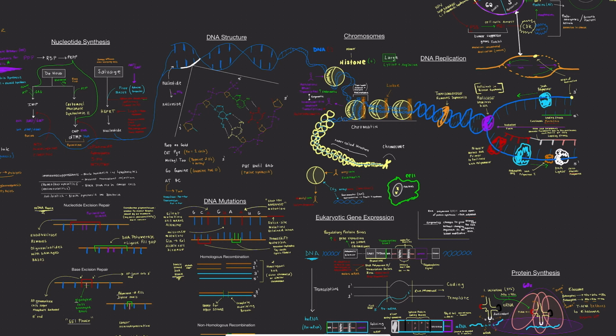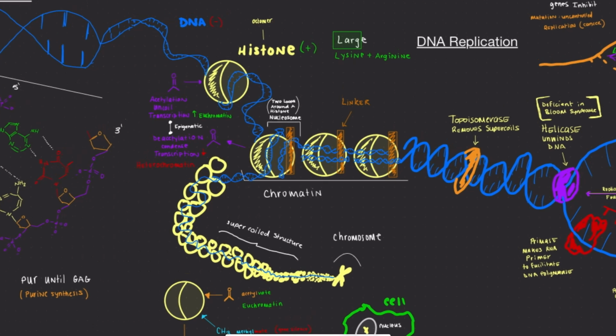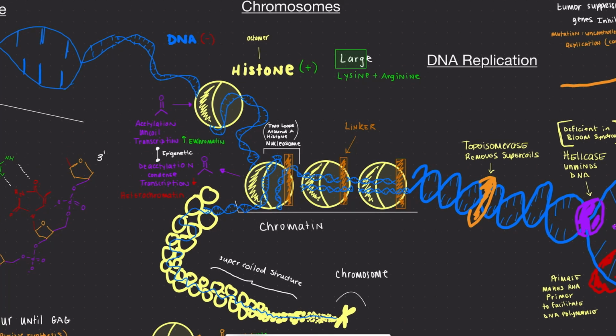It does not sit in the cell by itself doing its thing. It is actually a bit more elaborate than that. It actually coils around a protein known as a histone. The histone is a protein that has a positive charge due to lysine and arginine amino acids, which are basic amino acids that give off a positive charge. And that is how DNA is bonded to the histone, given that DNA has phosphate groups that give it its